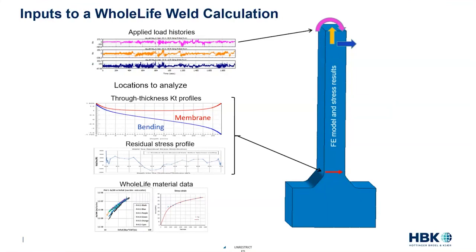This crack growth approach uses stress intensity functions, which basically are the way that we drive the crack growth. But the stress intensities that are used here are created by something called the uniform weight function. What the uniform weight function does is calculate the stress intensity by knowing what the stress profile is through the part without the crack being there. So these detailed stress profiles give us the ability to go in and allow WholeLife to calculate the stress intensities by just knowing the stresses before the